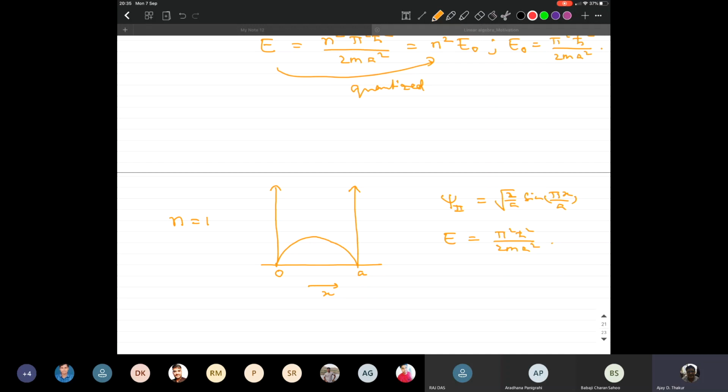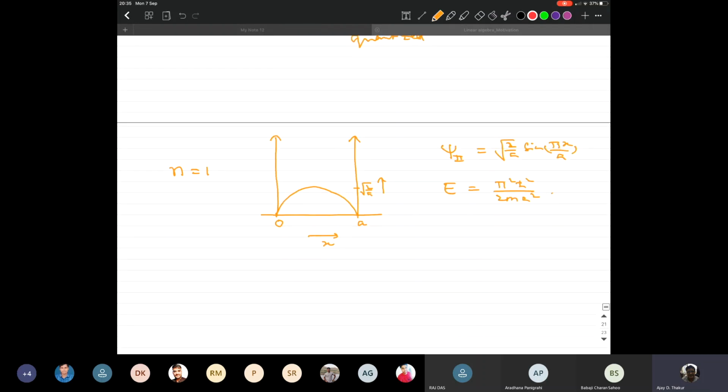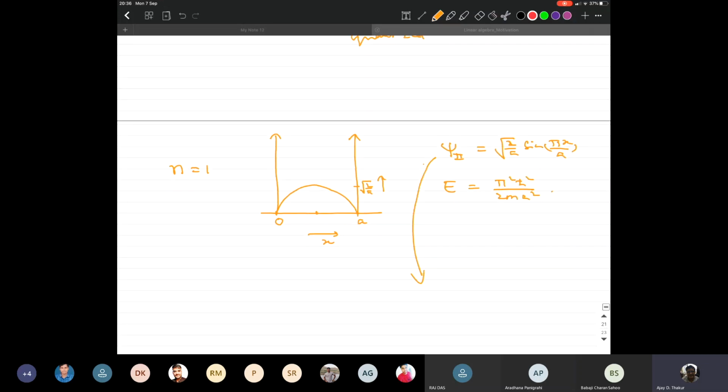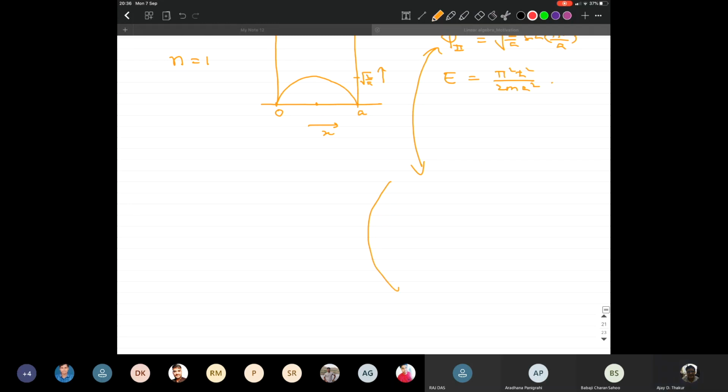quantity like this, such that if we are labeling psi along this axis, this is about root 2 by a in magnitude. And now what you really see along the x direction are a set of real numbers, right? So of course, at x equals a by 2, we see a real number, and psi 2 has a magnitude which is root 2 by a. So therefore, we can also construct, corresponding to this, a quantity